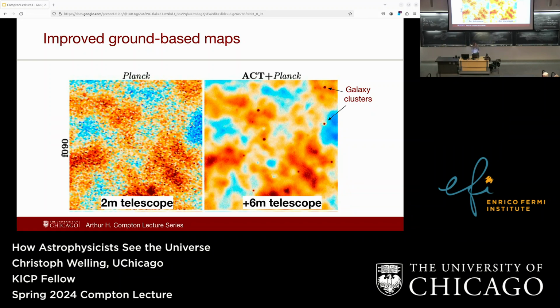This is a map of radiation. Yes, this is a 90 gigahertz map, so it's like looking at a specific frequency of light. I should explain that the red regions are overdensities, so those are above the black body temperature of 2.7 Kelvin, and the blue regions are the underdensities, the colder regions where the temperature is below 2.7 degrees Kelvin. So that's a map of the temperature of that radiation.